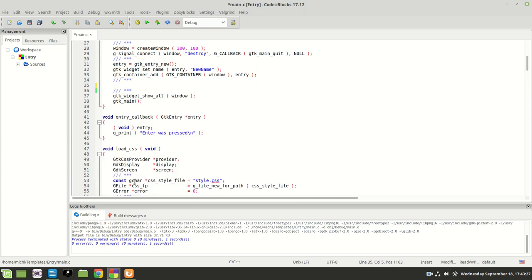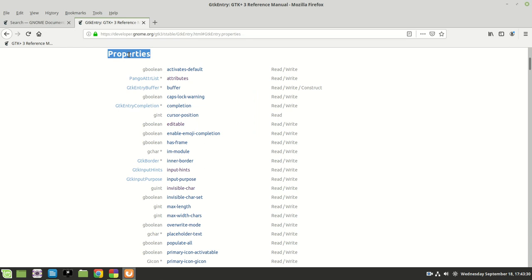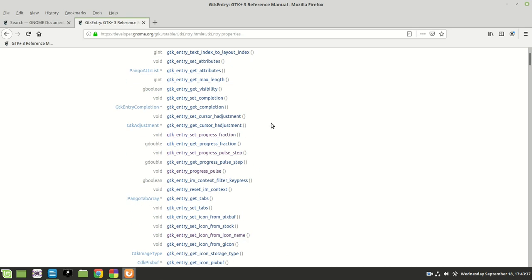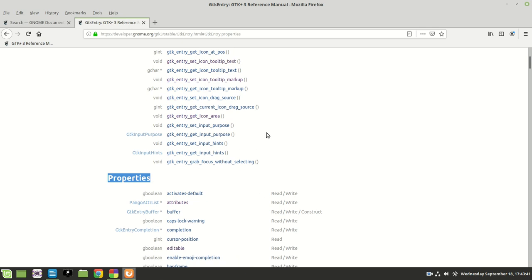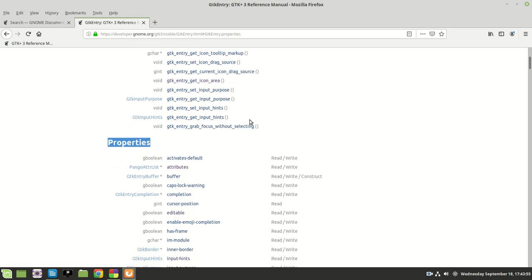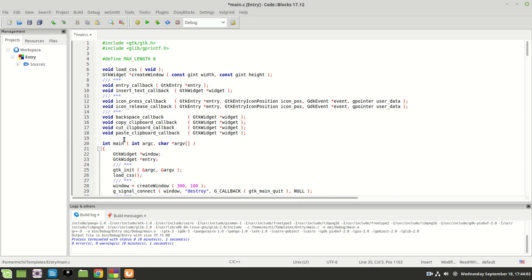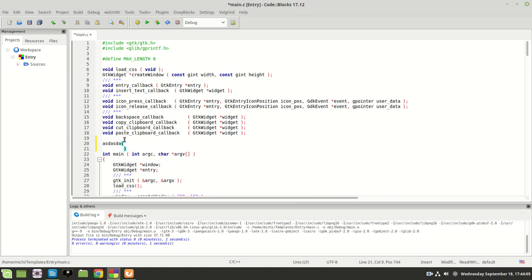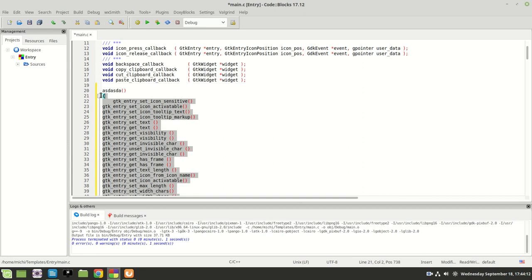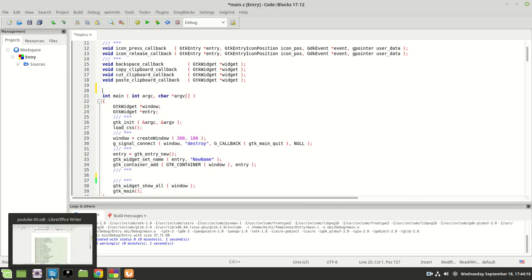There is a thing which, like I already said, is called properties, and the properties here you can set in the same manner as here, which means you can change things like we already learned. For example, the max length, visibility, editable, invisible char, or whatever, things which we use here. How about if you use them only in one function? I'm not talking about creating a function and then putting all these big chunks inside it. No, I'm talking about a function which is called